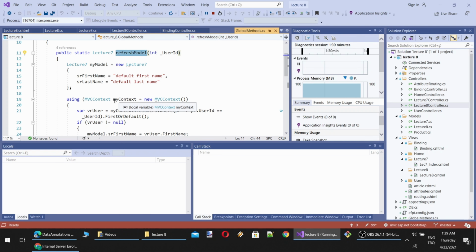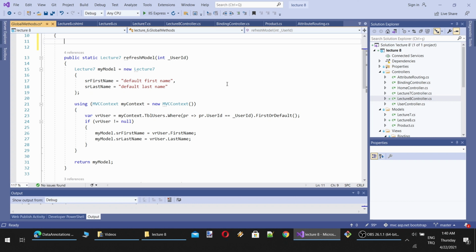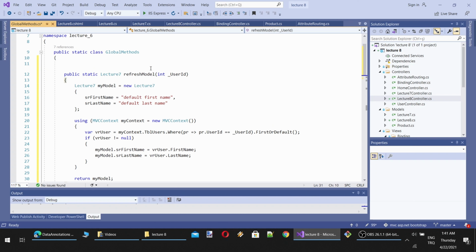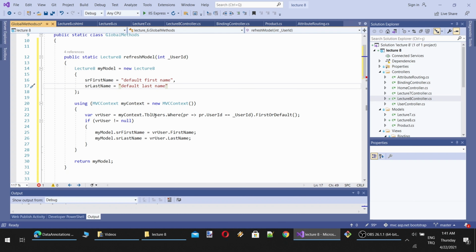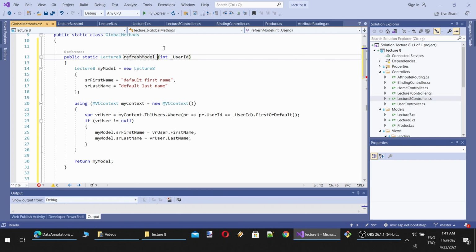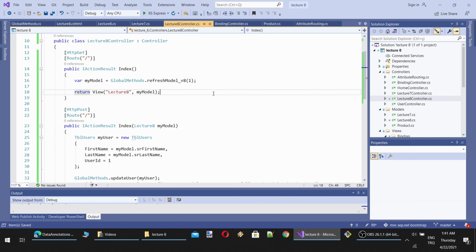Therefore, we need to have an additional refresh model. Okay, how should we set it? Yeah, I think we can make this perfectly dynamic with, no, it wouldn't be strongly typed, but let's add an int lecture number. And here, okay, this is going to be a bit of a problem. Yeah, let's duplicate this code. We could reduce the duplicate code, but I think it isn't worth it. So this is the refresh model, but since they have the same signature, it will conflict. So this will be version 8, and here I will just call version 8. Okay, now it should work.